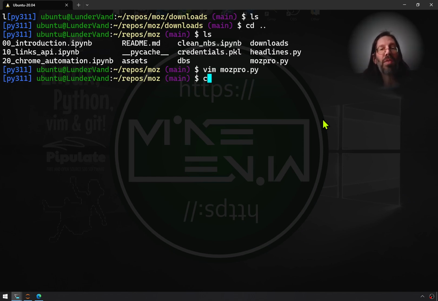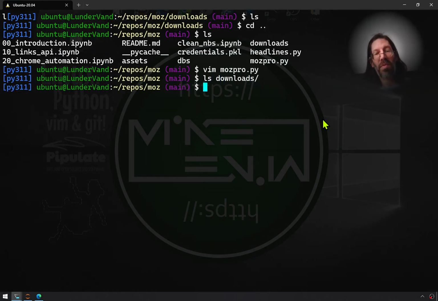Now I am going to go back into the downloads directory. You know the downloads directory is empty. We do a before and after. I'll just ls download so you can see it's empty, right? Now we do a before and after. It goes python mozpro.py -k for keyword, and let's put in something I haven't done yet. I guess neovim,